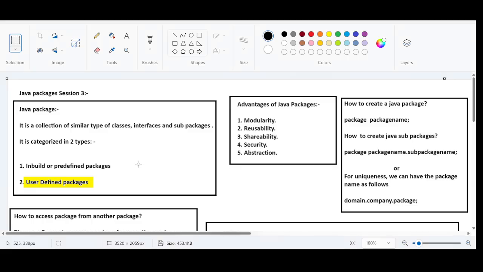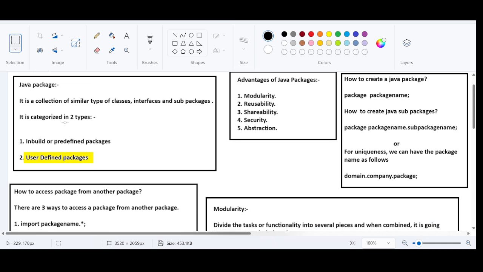In our previous class, we discussed Java packages, and we have to complete two more concepts, security and abstraction. I have already given the heads up on the security concept in the previous session. So we understood what is modularity. These are nothing but the advantages of having the Java packages, and there are 5 advantages: modularity, reusability, shareability,